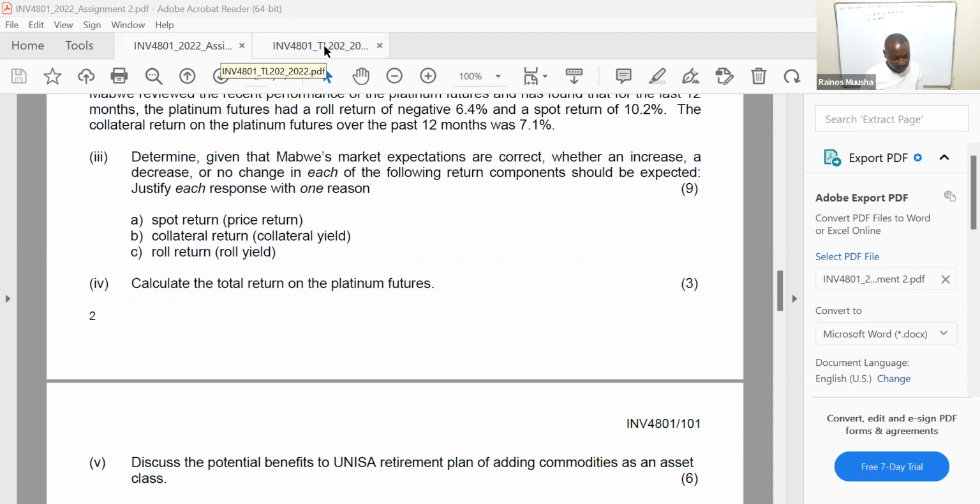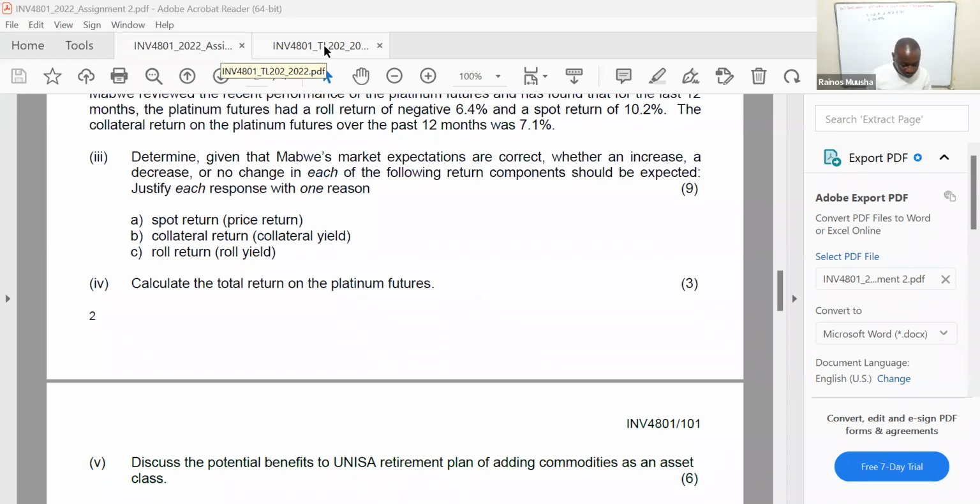When we look at the different asset classes, you can either invest in money markets, you can invest in bonds, you can invest in real estate, you can invest in equity as well. Then the other alternative investments would be investment in commodities. When you look at investment in commodities, for example, you are investing in wheat. We are trading in wheat. You are trading any other commodities that one can also enter into as well.